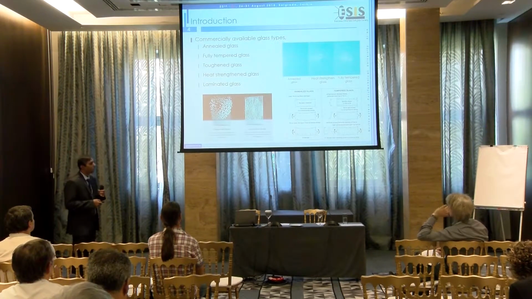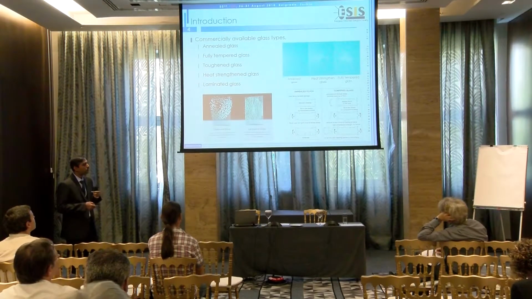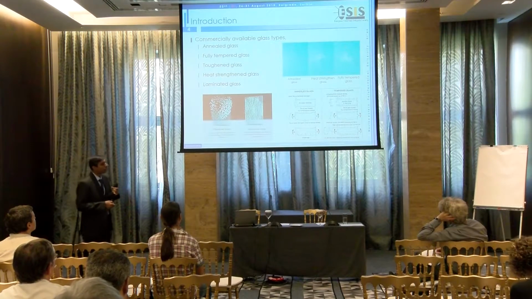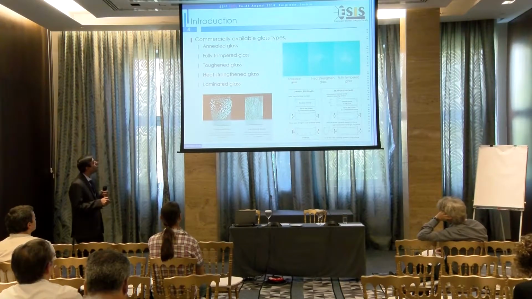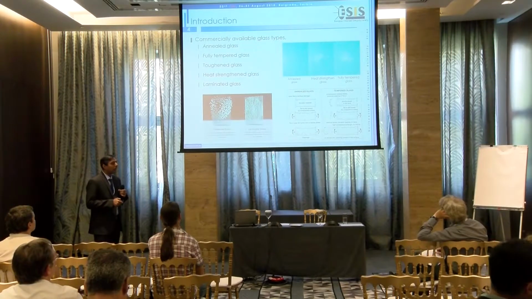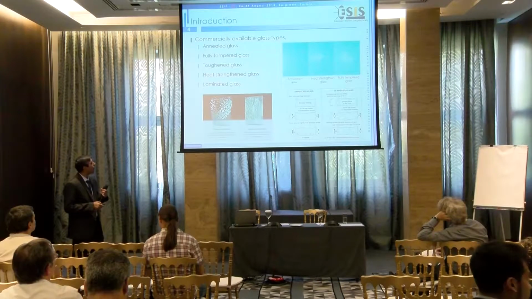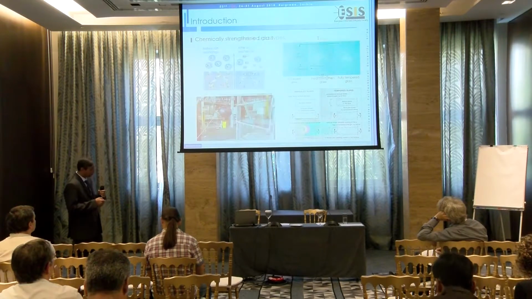There are various types of glass which are commercially available. Annealed glass is the first basic form of flat glass, which is produced in the float process. This glass is very common and is used in many applications. But the problem is that when this glass breaks, it breaks into large shards, which cause safety problems. But this is the basic type of glass which can be used for a tempering process to get higher quality glass. So through the tempering process we can